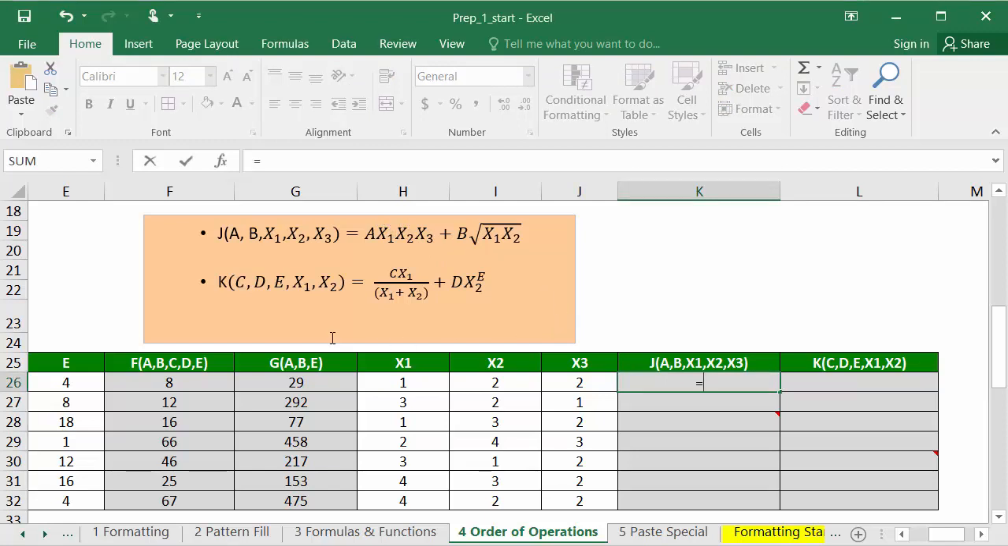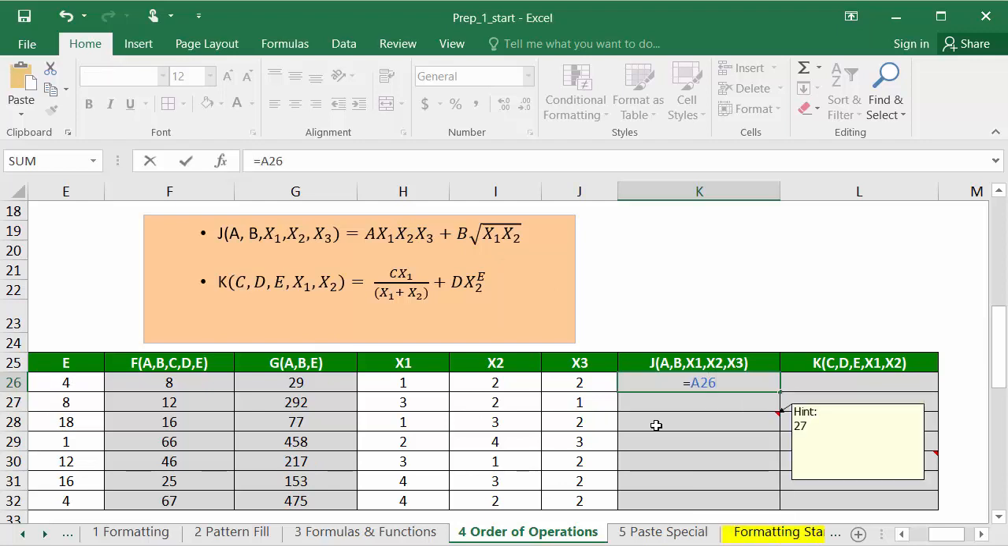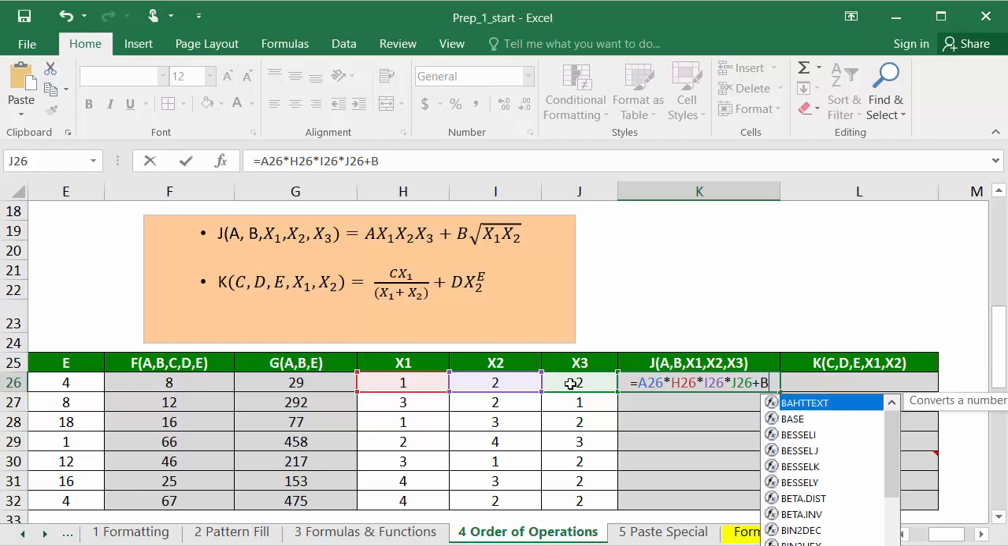So, alright, a's way over there. I could click on it, or I can simply type A26. I happen to know A is in column A, so that works pretty well. And let's multiply that by x1, multiplied by x2, multiplied by x3, and we're going to add to that b, so that's in B26,